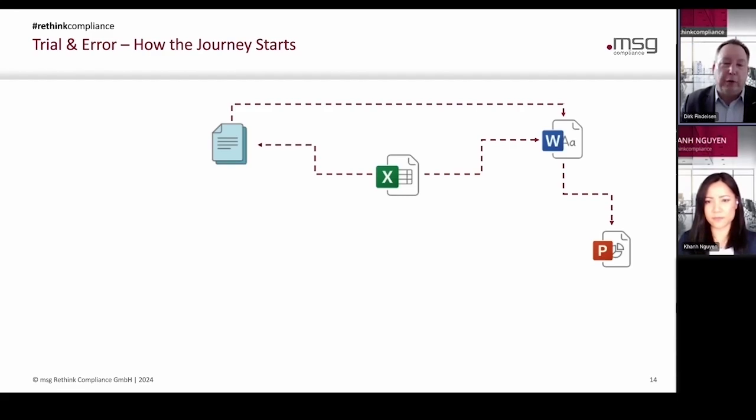So out of your Word document, you're rendering a management summary, and you're using Microsoft PowerPoint for that. And of course, PowerPoint might use the report functionality given in Excel as well.